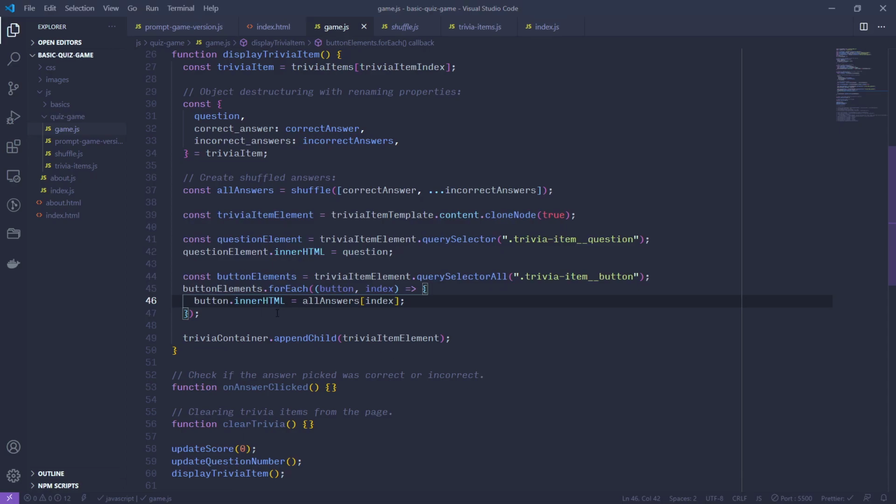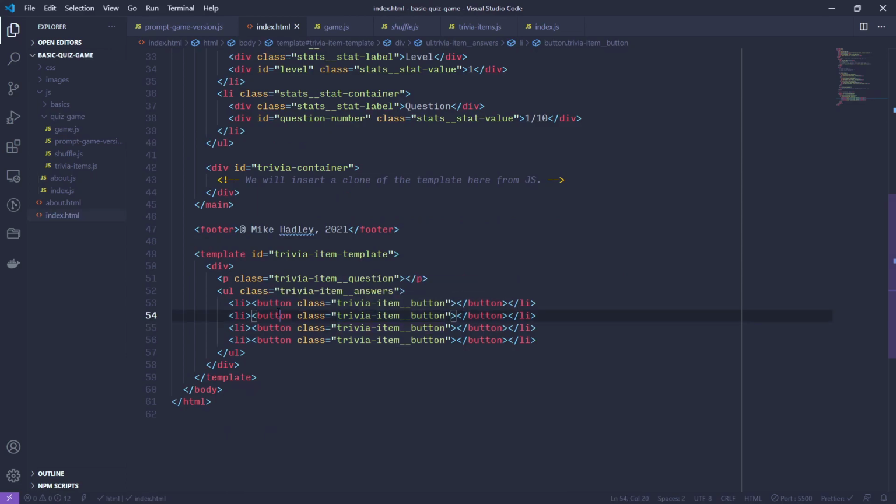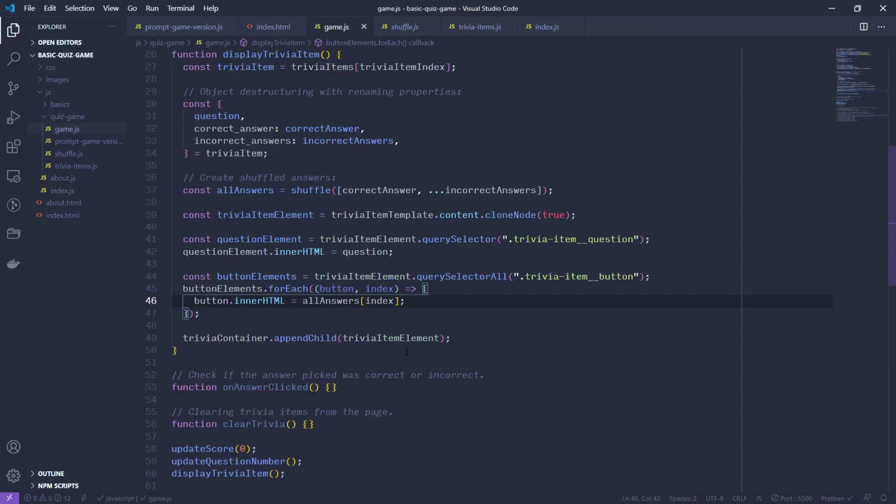One caveat here is that we have designed our HTML, our template here, to assume that there are 4 answers. So if we ever want to come back and adjust this, we actually do need to think a little bit more about restructuring this. So if we want to have true false questions and multiple choice, we'd have to come back here and update it. But even still, the loop is a better choice for us to think about how to structure this piece of code. Because the next thing we want to do is each of these buttons, we want to register a click